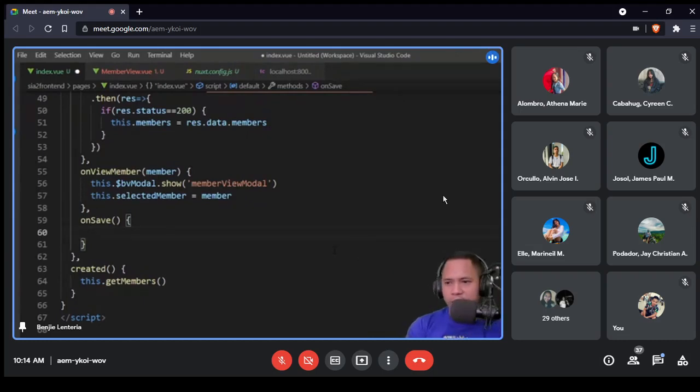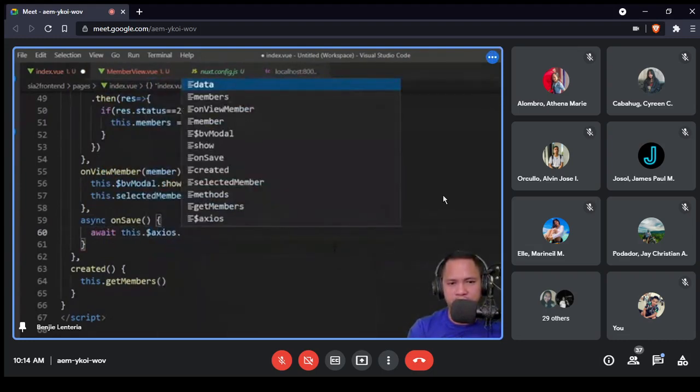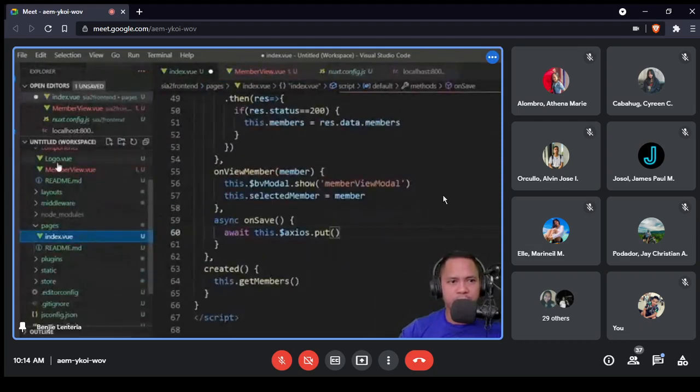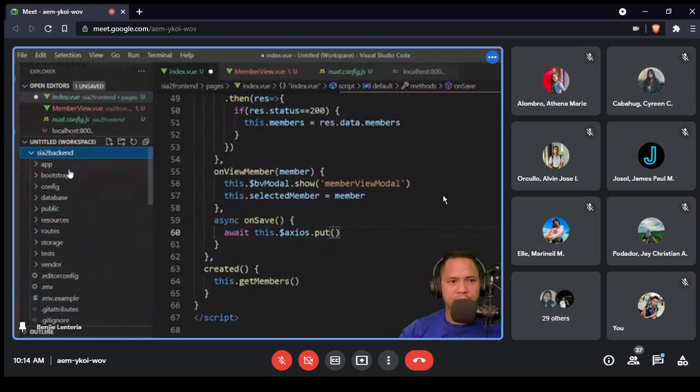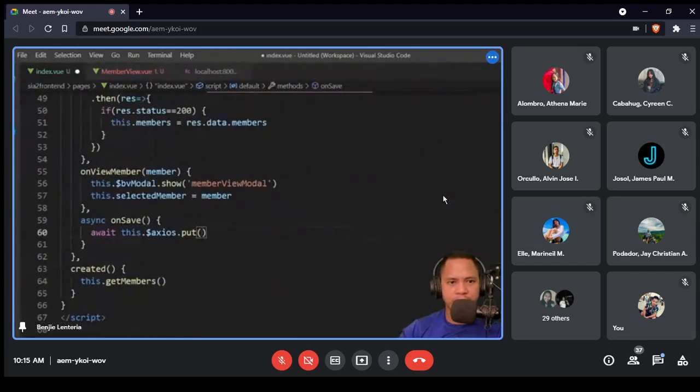Okay, so on save, we're going to do an async. It's an async, and we'll have an await here. We're simply going to call this $axios dot put, the put request. Let's see the backend routes API. Yeah, it's a put request. So put request for